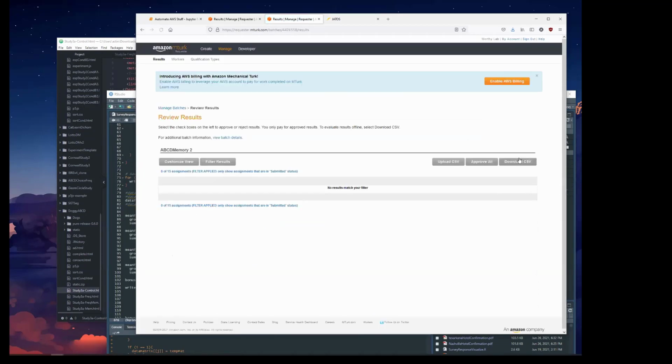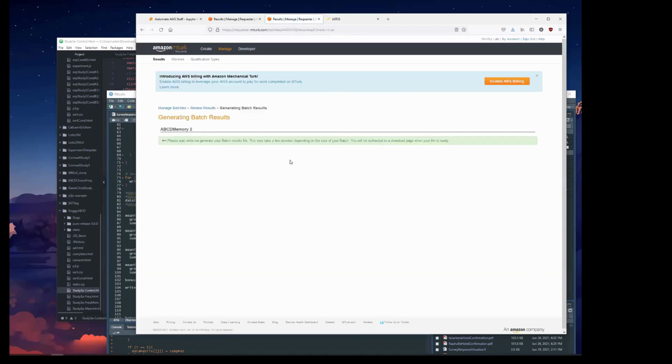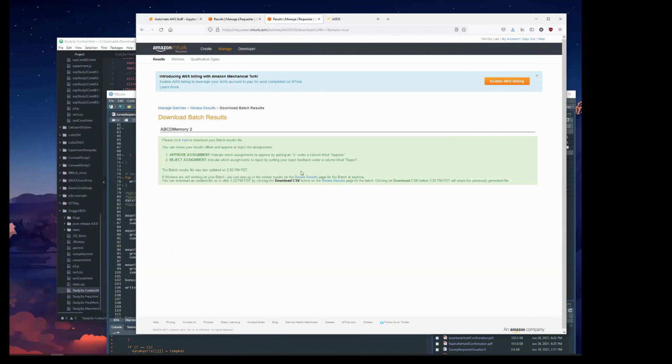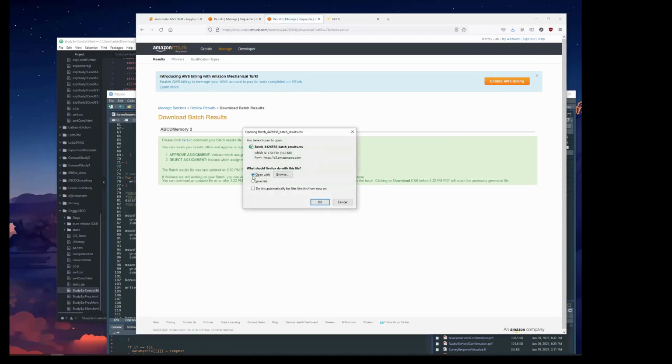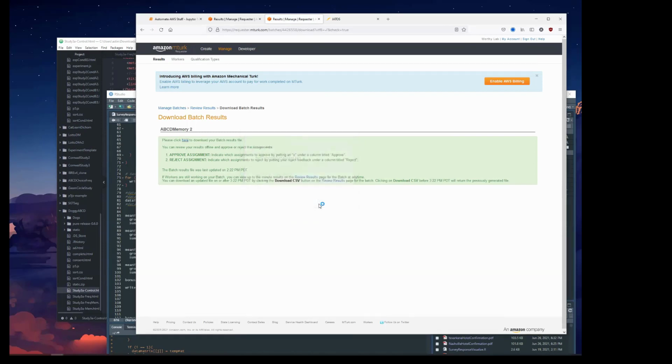Memory. Download CSV. It's going to take a second. And what this is going to do is it's going to give us MTurk. So we have our version of the results with their MTurk ID and all their information. So now what we're doing is we're downloading Amazon's own files,